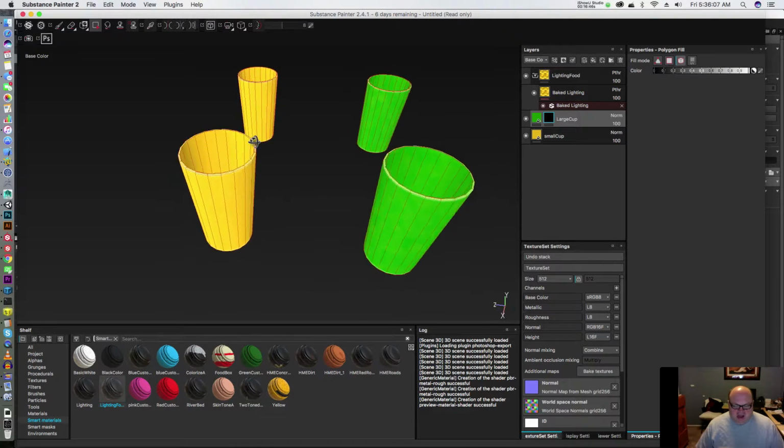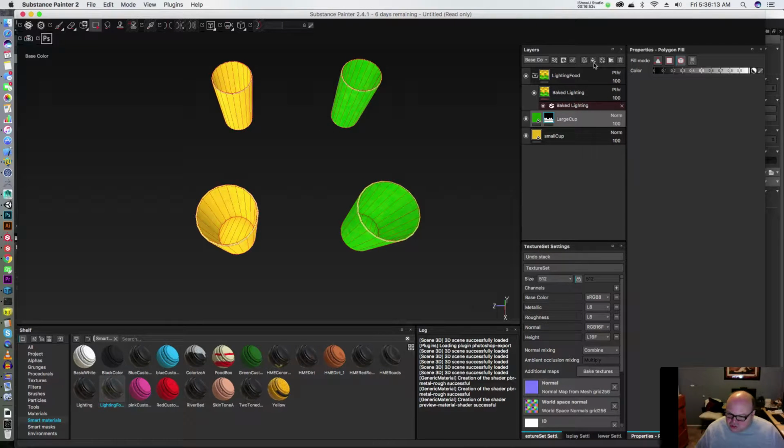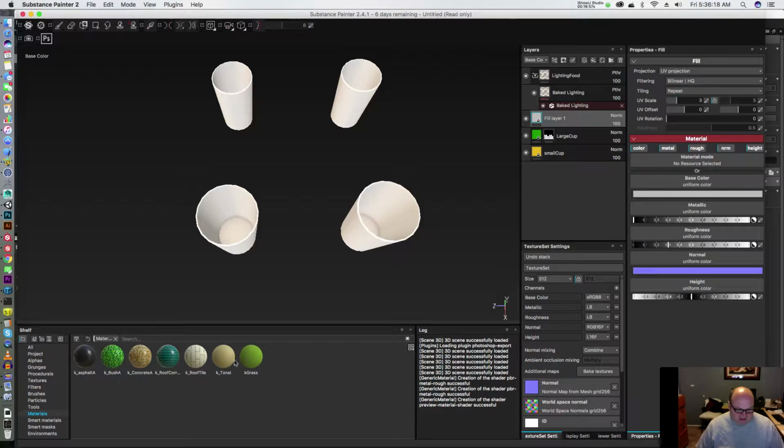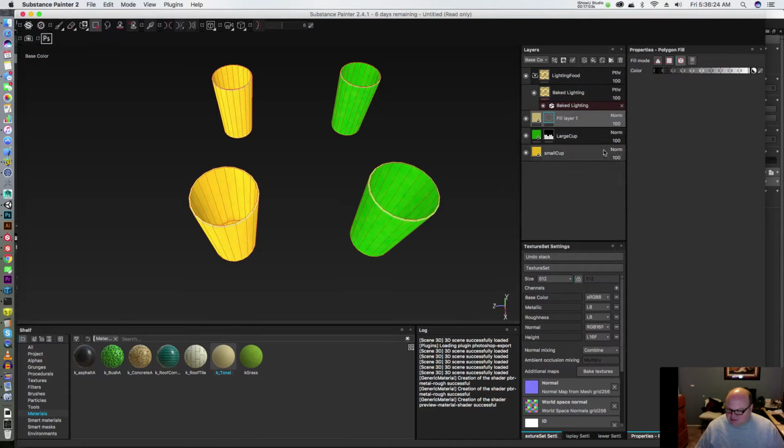Now, I am going to call the color, okay, now cups obviously aren't green all the way through, so I'm going to make another layer. But this one I'm going to put on a tonal color like this. Add a black mask, and you know what? Here's one thing about Substance Painter. I don't know what it is. If I touch